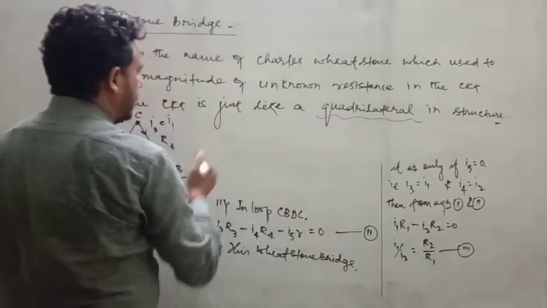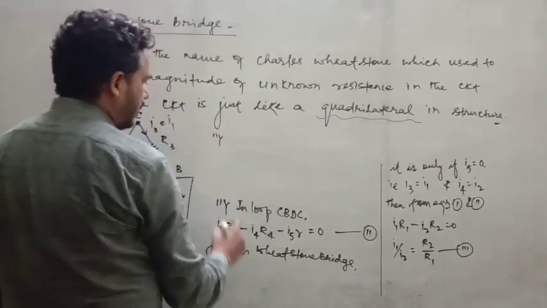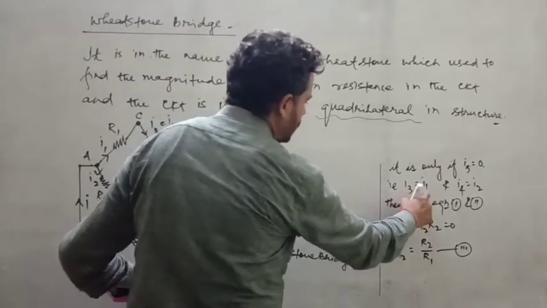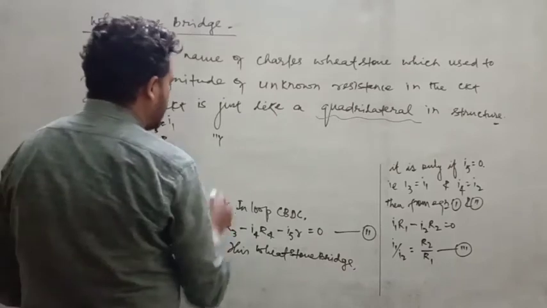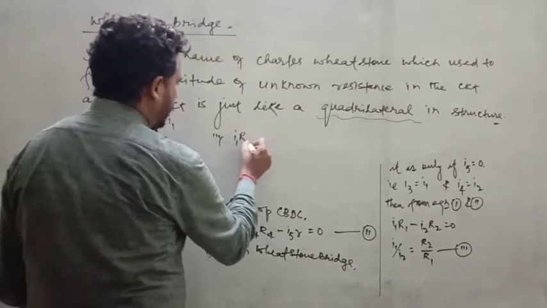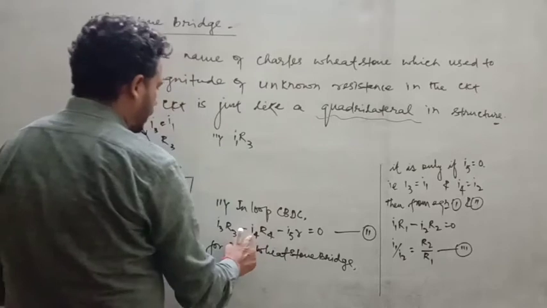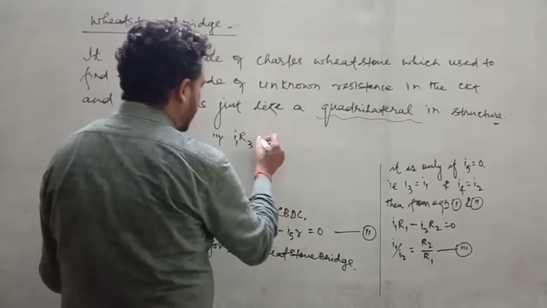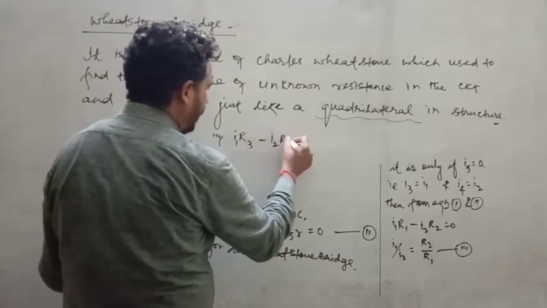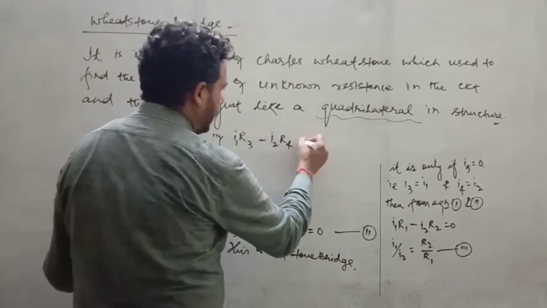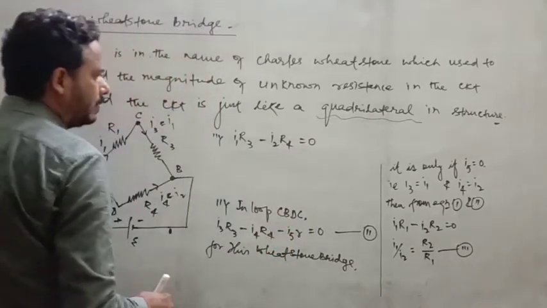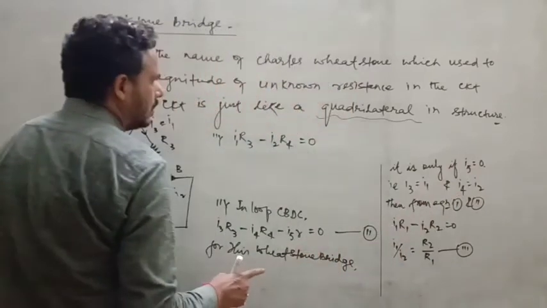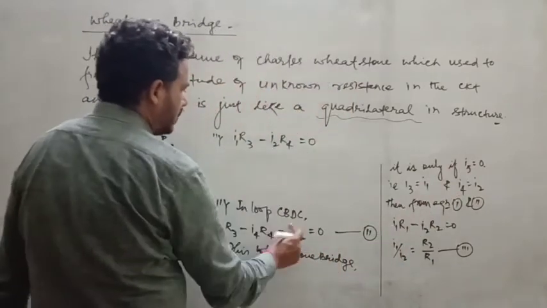Similarly, from the second equation, what is happening? I3 is going to be changed to I1, so that becomes I1 R3. I4 is going to be changed to I2, so that is negative I2 R4, and this one is 0, and that is equal to 0. This third factor is 0. Why? Because this is the Wheatstone bridge condition, 0 if I phi is equal to 0. So this factor will be negligible.